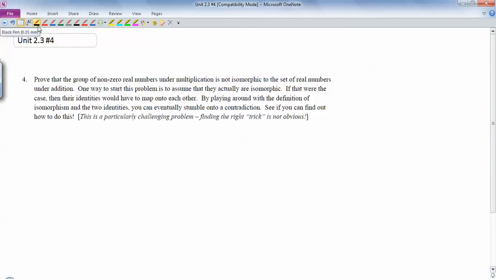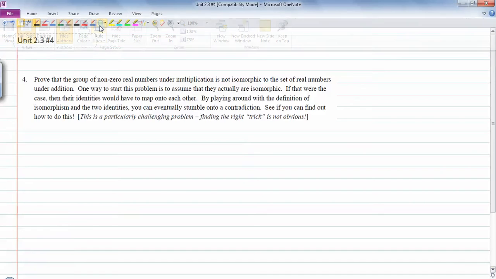Okay, so this is 2.3, number 4. Let me get some lines on here. All right, so this one's a tricky problem. We're trying to show that the group of non-zero real numbers under multiplication, so that's R minus 0